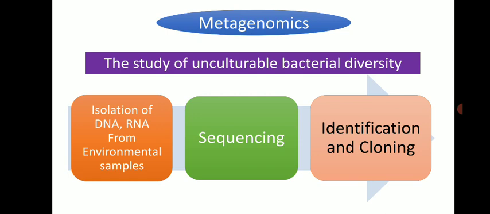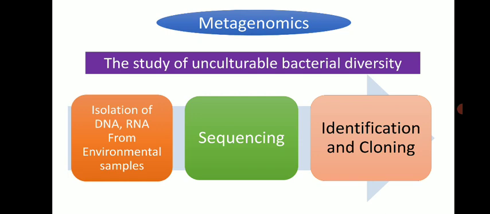If we cannot culture the cell, we can directly isolate molecules like DNA and RNA from the environmental sample, and after extraction and purification we can know the sequence of their nucleotide arrangement. Or simply by sequencing of these molecules we can identify which types of microbial species or which types of microbial communities are there.